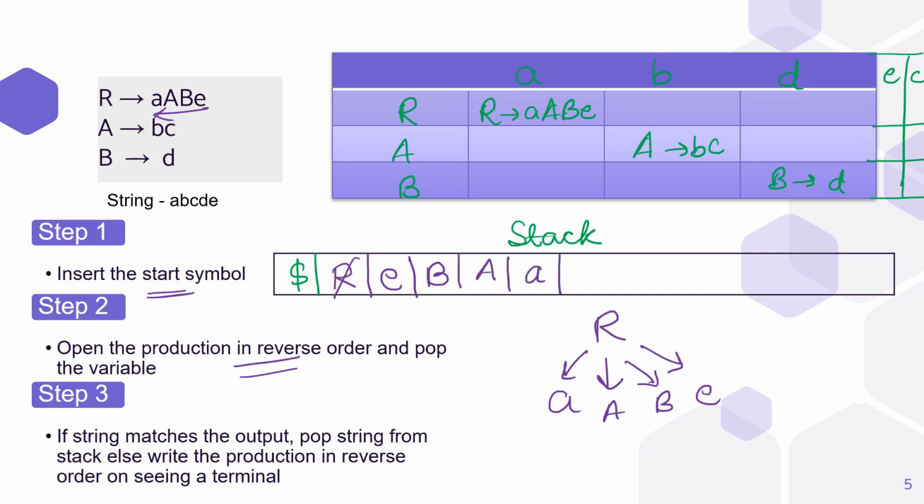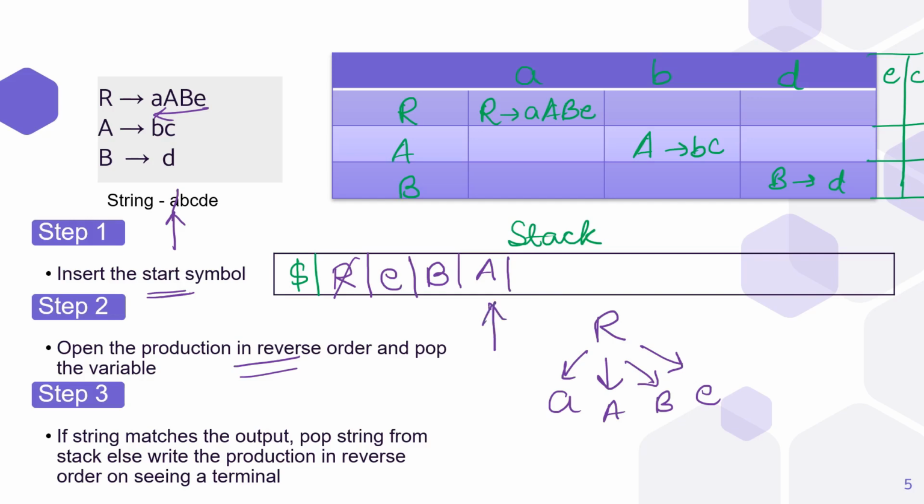Okay, so we have successfully popped out R and we have put the contents of R inside the stack. Here this is a string that we need to parse. At first the pointer will be pointing at the beginning of the string. You can see that the top of the stack is pointing at A and the first content of the string is also A. So there is a match. When there is a match, we would strike out this particular variable and we would pop this out. Popping this out would eliminate this particular variable,